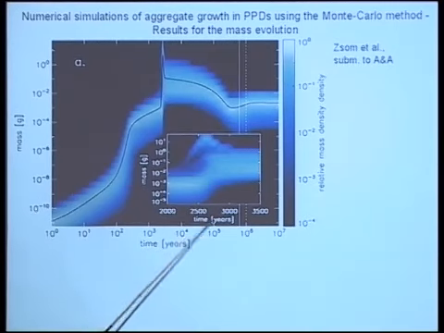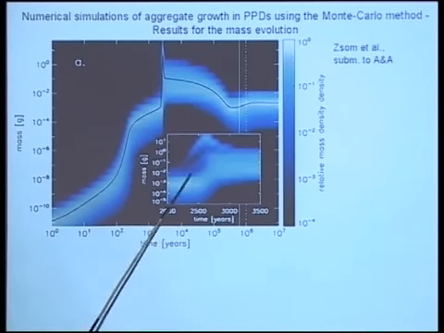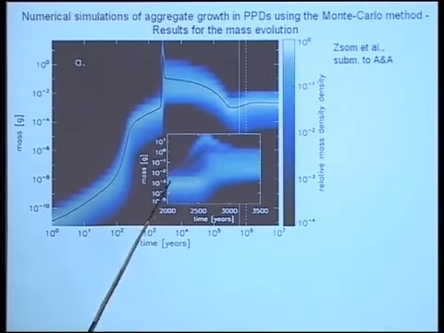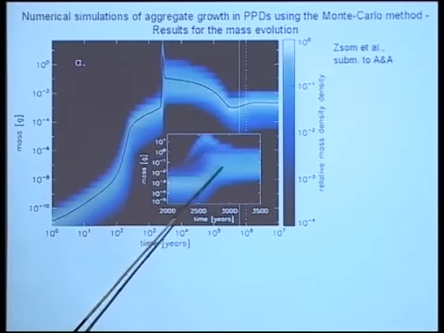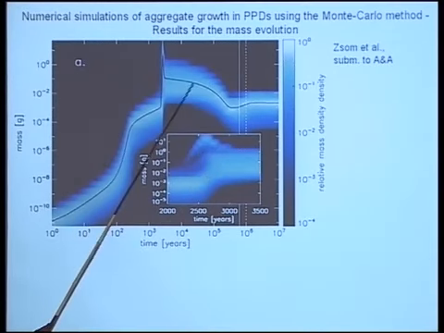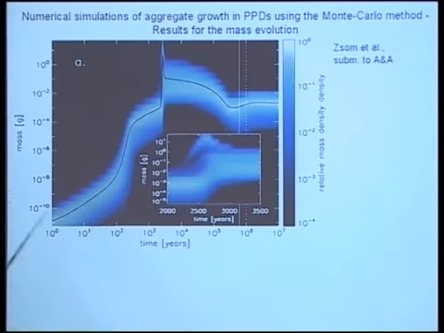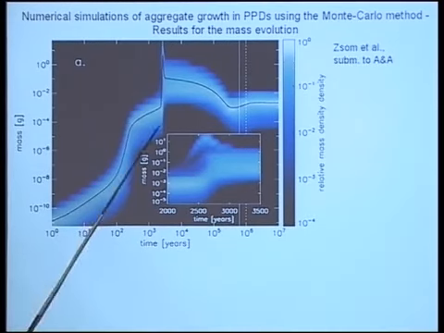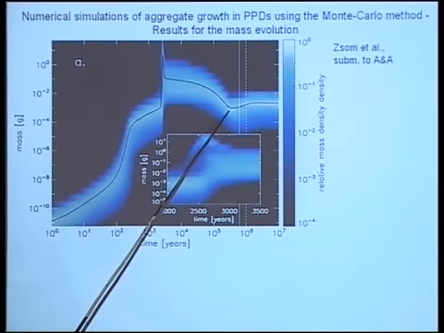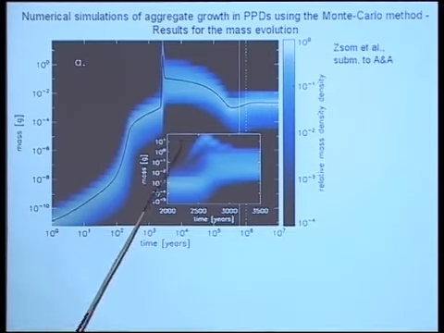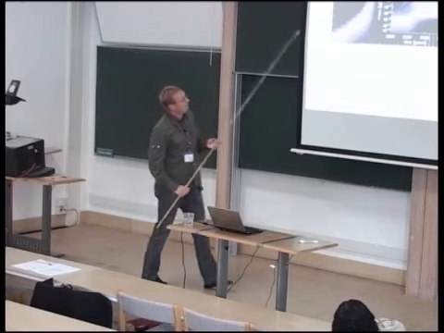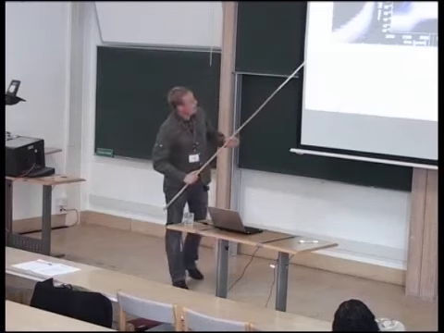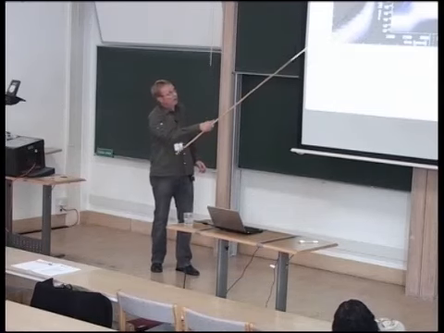You can see that here. It's interestingly the time scale that Stuart Weidenschilling showed us, a few thousand orbits or so. Things change dramatically up to a large fraction of a gram, and then falls again. And then due to this little fragmentation probability in bouncing, the whole thing goes back in mass again, and then somehow stabilizes at control masses. So this is the mass, and the distribution of mass stays rather narrow.